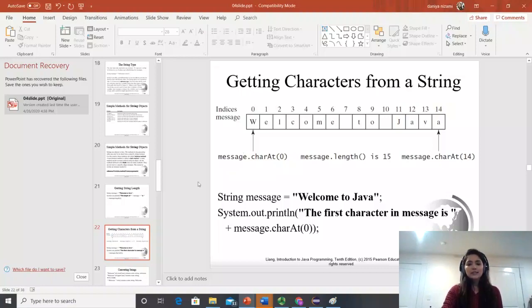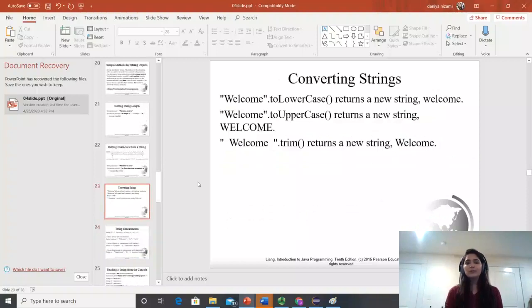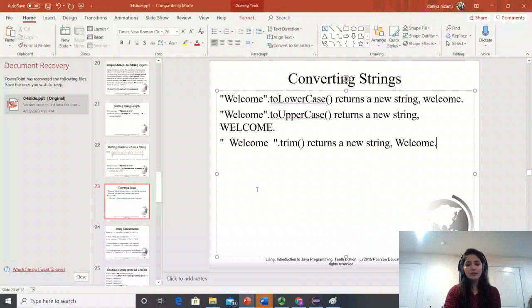Okay, so this is a good example to understand how the length method and the charAt method work. Converting the strings: these are toLowerCase and toUpperCase, and you are converting those strings. toLowerCase returns a new string which will be welcome, all the letters in small case, and if you have the same W, all the letters uppercase if you're calling toUpperCase. trim returns a new string with welcome, removing extra spaces before and after the string.